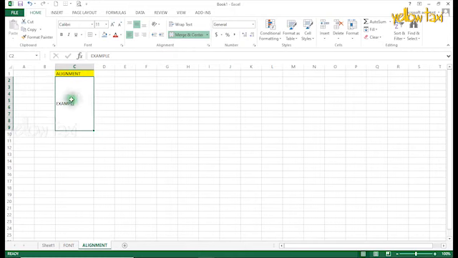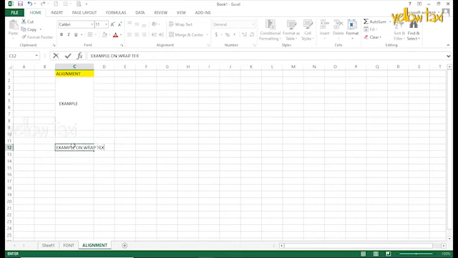For lengthy text in cells, if you need to align it properly, you can use increase or decrease indent. It will give you a small space before the text. These are called indents. Next is wrap text. If suppose we have a lengthy text to fit in a cell, there is an option called wrap text, with which the column remains the same and the row height increases to fit the text in the cell. So these are the options in the alignment.